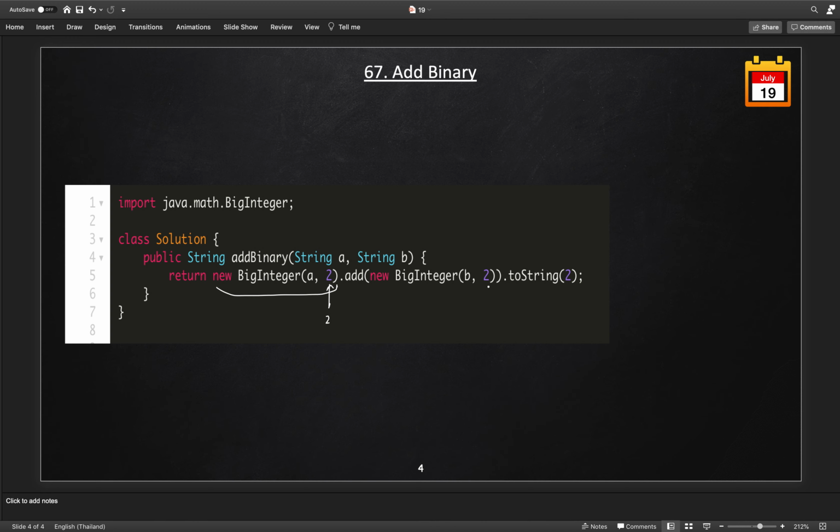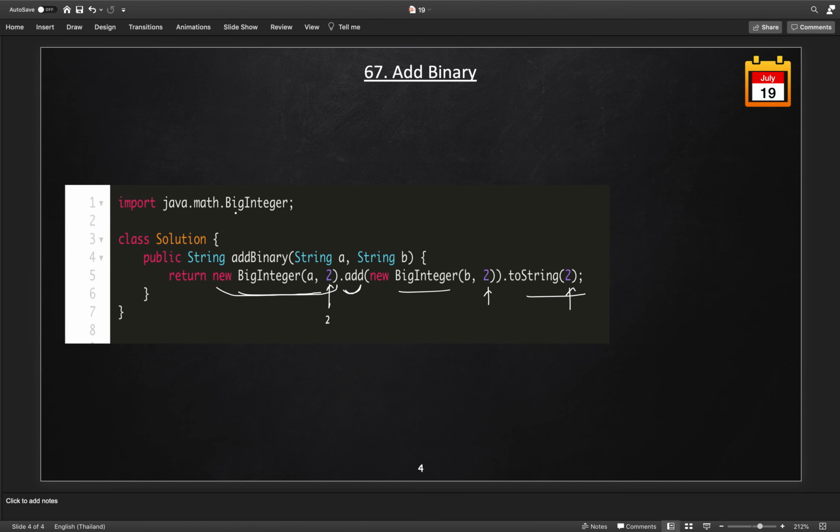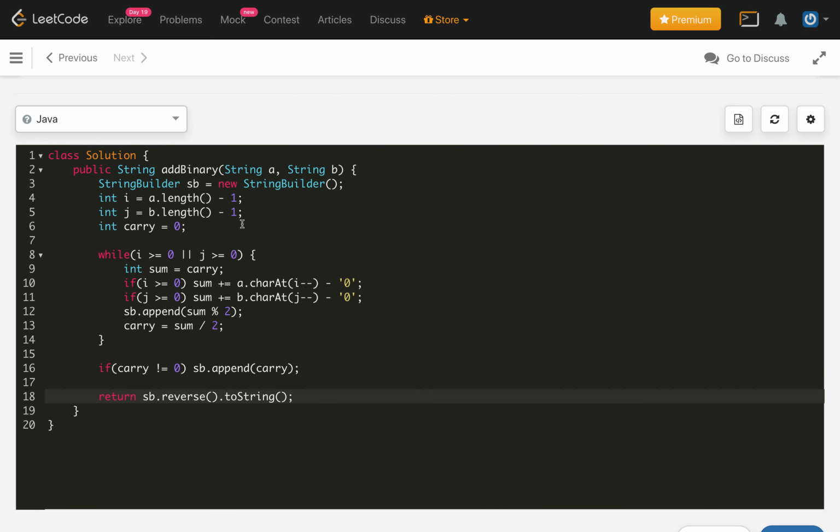Similarly for the other, and then we use the add method of the BigInteger class to add these binary BigIntegers. Once we add, we get a number, and then we return toString again in radix 2. This gives us the same result. So let's write this one-liner. An important thing is that we need to import this class as well, because it is not in the default Java imports in the LeetCode portal. So you can try that.